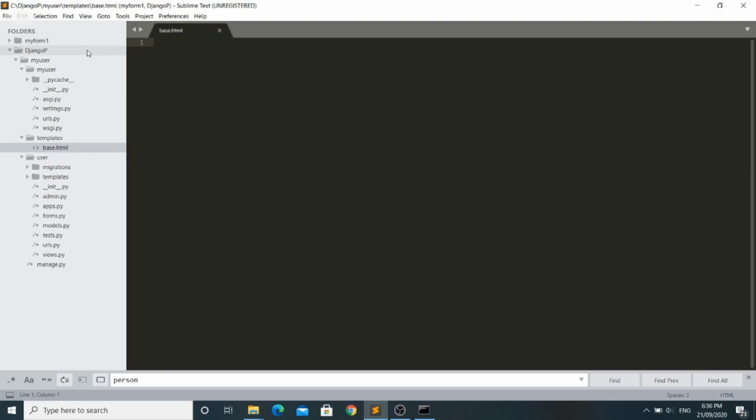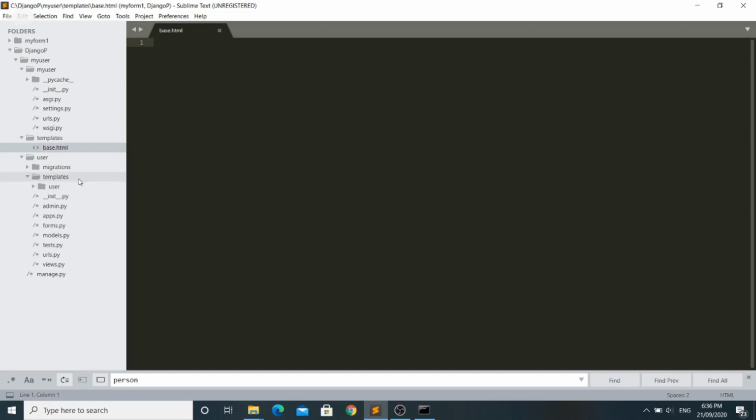So in our project, now let's define the HTML templates for our website and the URLs which we previously registered. In the project folder, I have created new folders for templates. One folder in the main project app, that is myuser, and another folder in the user app, named templates, and also created another folder inside the templates folder.